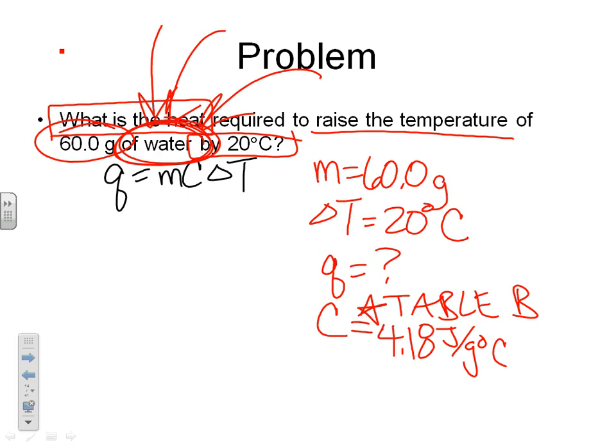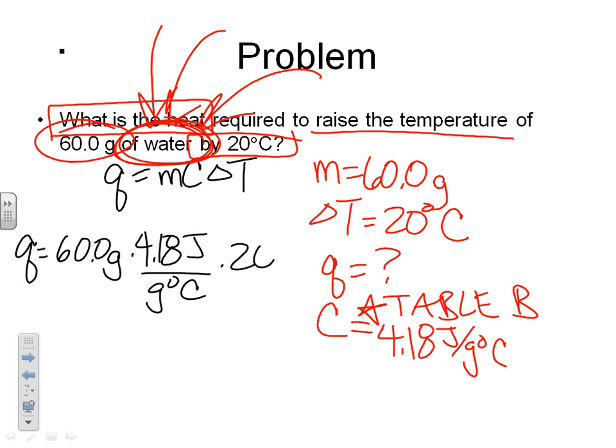With that, we have enough information to solve the problem. So then we're simply plugging things in. Q equals 60 grams times 4.18 joules per gram degree Celsius times 20 degrees Celsius. And I wrote it this way for a reason, because I want you to have a look at the units. If you consider that all of these are essentially a fraction and you're multiplying all the top numbers together, which is true, then grams actually cancels out. The grams in the mass cancels out with the grams in the specific heat value. And then degrees Celsius, same thing, it cancels out, which means that the unit that you're left with is joules,